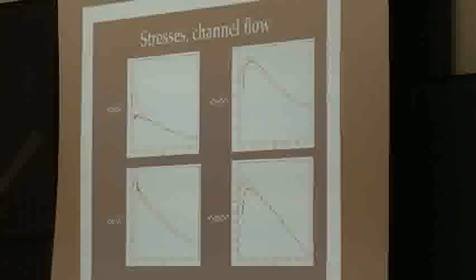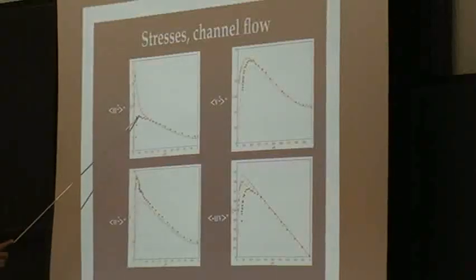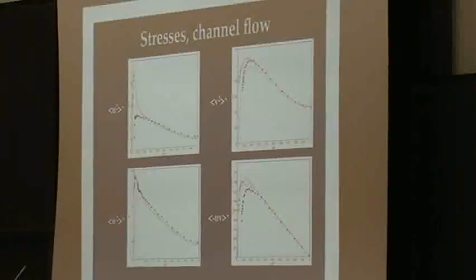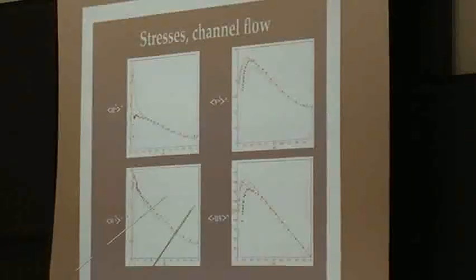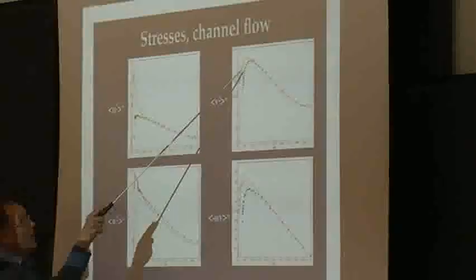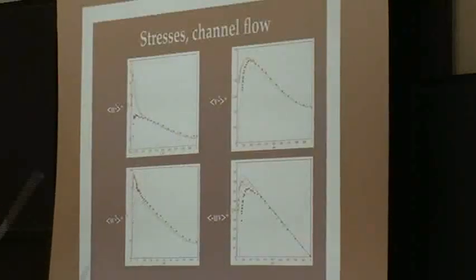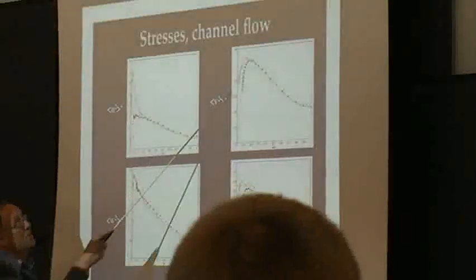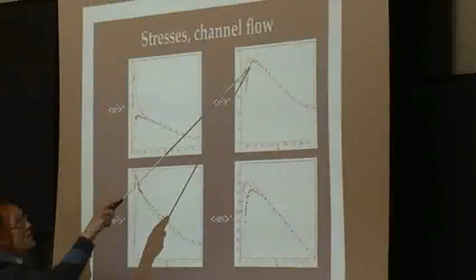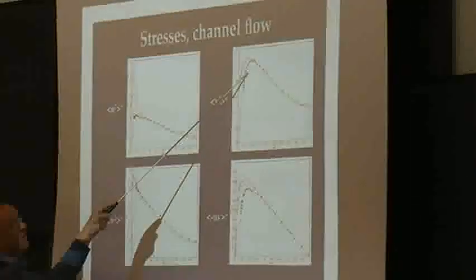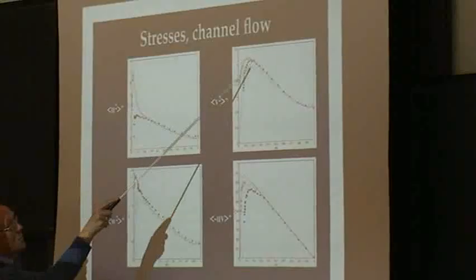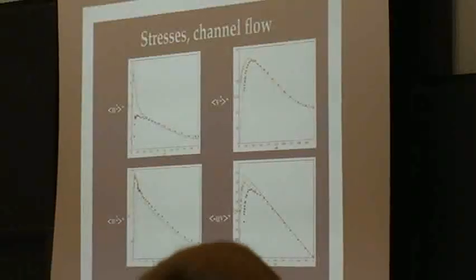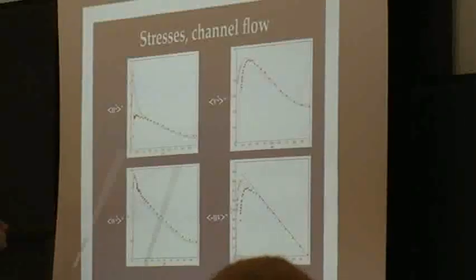And this is what happens in the channel flow. I've got the expected reduction in U squared. Nothing much happens in the outer layer. In the wall normal stress, we do in fact get the opposite effect as we would expect, because you see that both the data, the measurement, smooth and rough, and the DNS, smooth and rough, indicate the same reduction in the V squared near the wall.